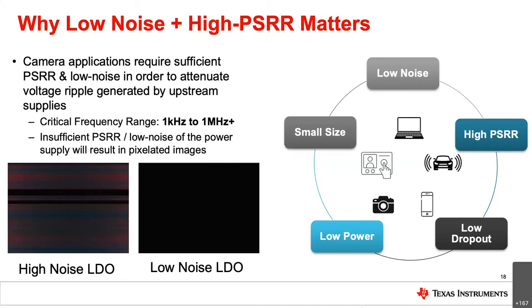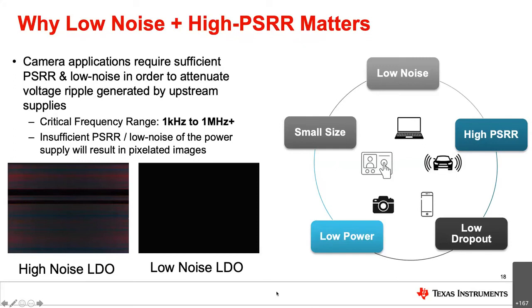These levels of requirements are really being driven by the power trends I spoke about earlier. So the small size will result in smaller batteries, which means less overall power consumption, which in turn will drive lower output voltages while maintaining and also improving the noise and PSRR performance. Now, there are also some additional protection features inherent to the design, allowing this to also be designed in industrial types of applications as well.